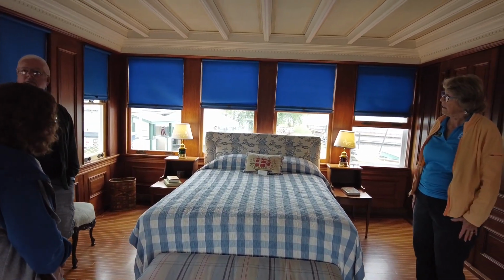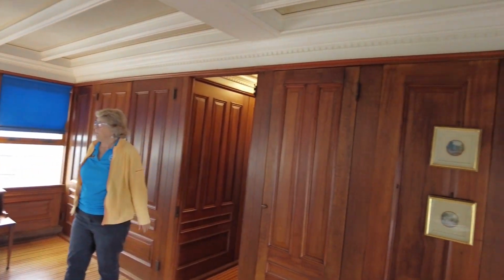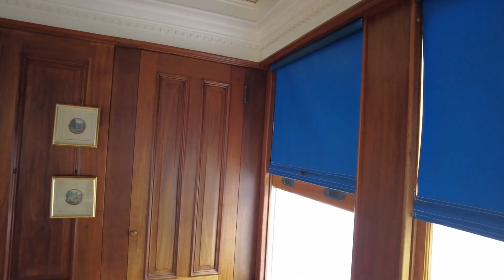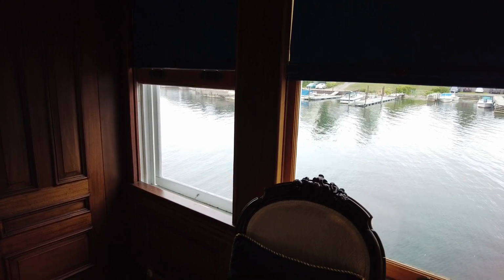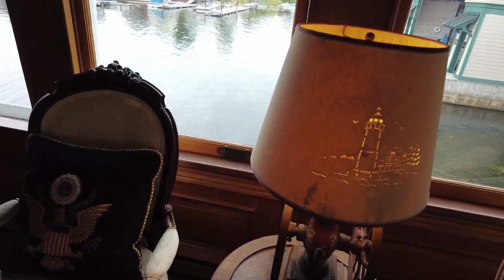That was the ice box and the wine cellar. All of the shades aboard her are made by the Pullman Company, which makes very good sense. On a boat, you don't want your shades flapping. During one of the renovations, the original